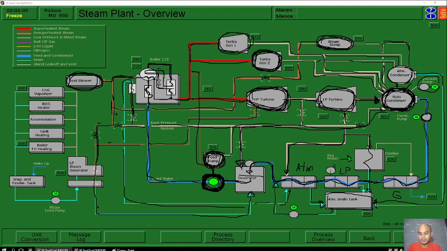And then if there is some steam left in the distiller, those steam will go to our gland